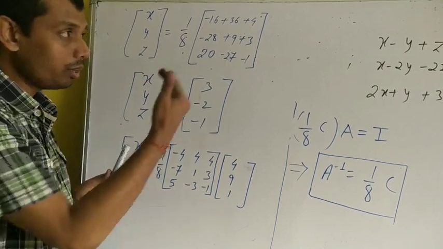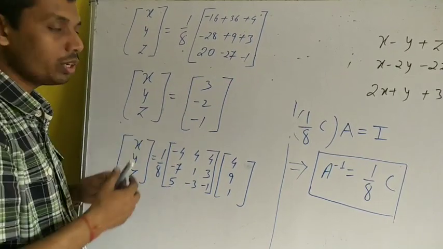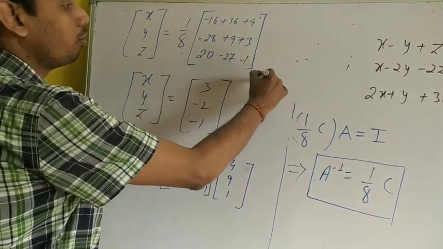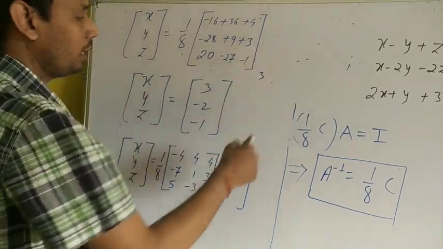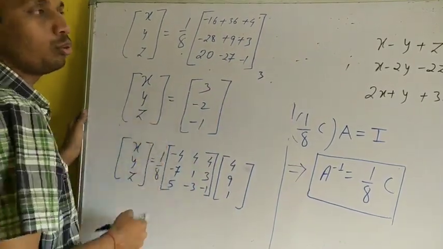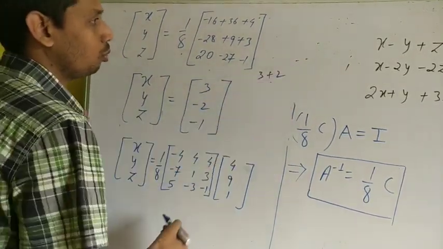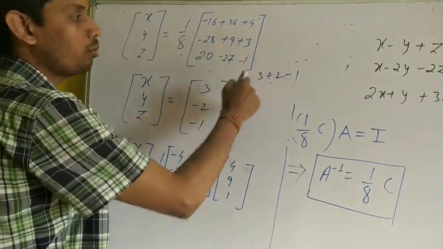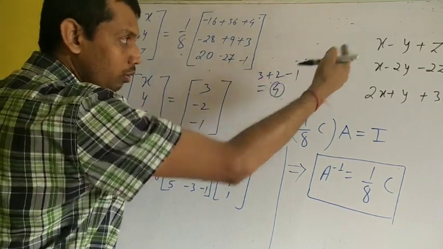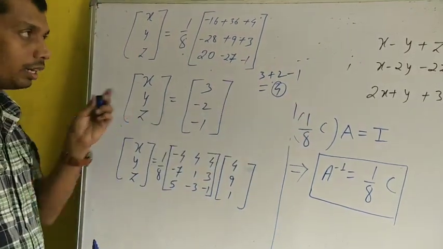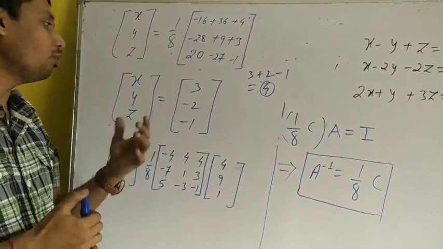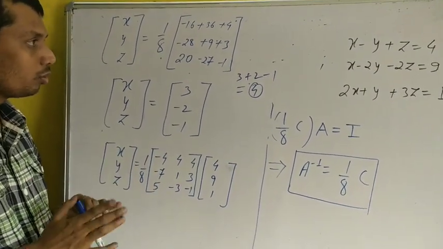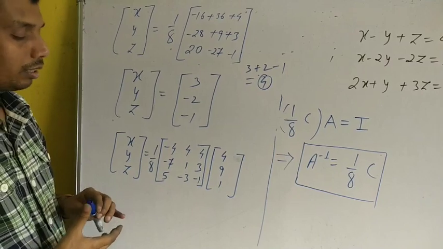And let us verify our result, that the values which we have obtained are correct or not. x is equal to 3, you substitute 3 in place of x in any of the equations. Minus y, so this will be minus of minus 2, plus 2, and plus z, that is minus 1. Now 3 plus 2, 5, 5 minus 1 is equal to what? 4, which is equal to the RHS. Okay, so our equation is being satisfied by the values of x, y, and z which we have determined. So here we get the result.